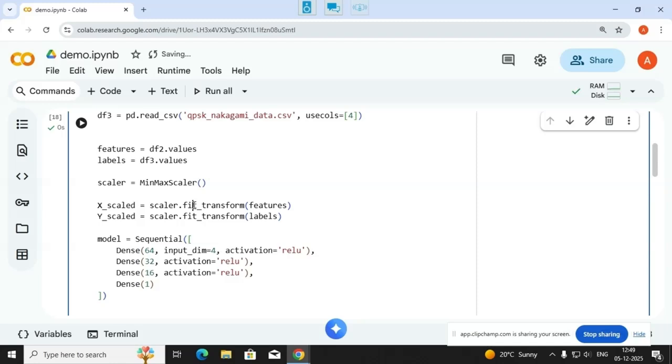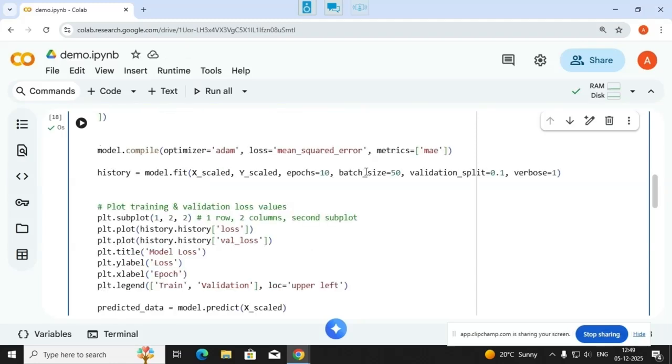Now we'll perform the action of compiling the model. For compiling, we'll use this line model.compile. The optimizer is going to be Adam. Mean squared error is going to be our loss function, and mean absolute error is the metric. If I run this again, this is also fine, and we'll also record the history, for which we'll fit over x underscore scale, y underscore scale for 10 epochs, with a batch size of 50. Batch size of 50 means I am having 5,000 values and 50.